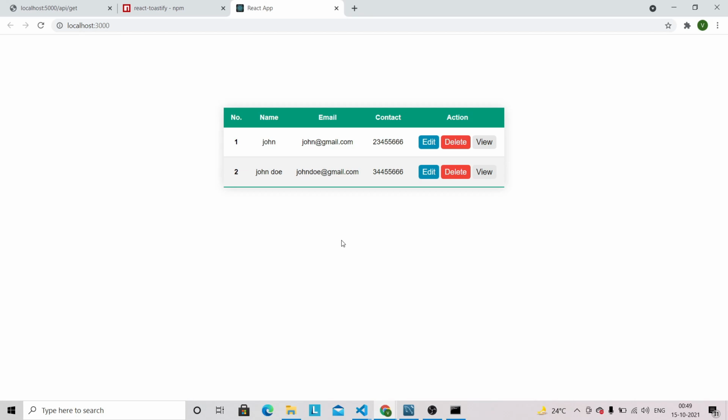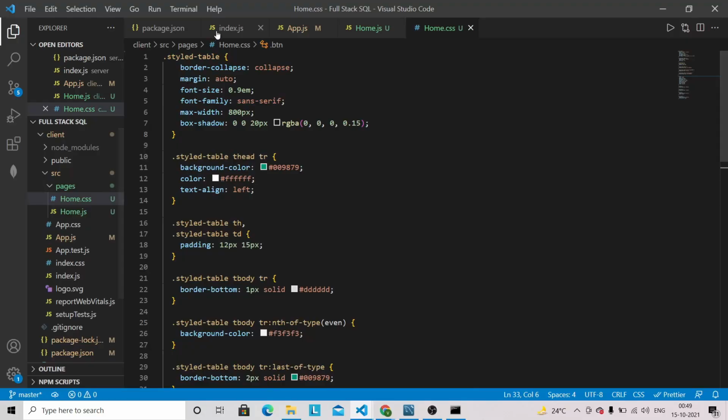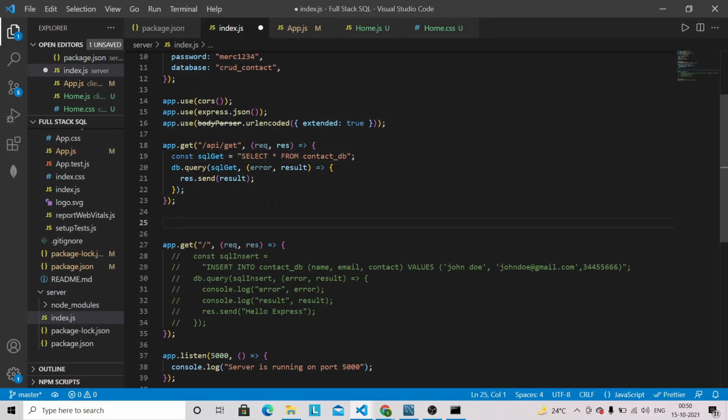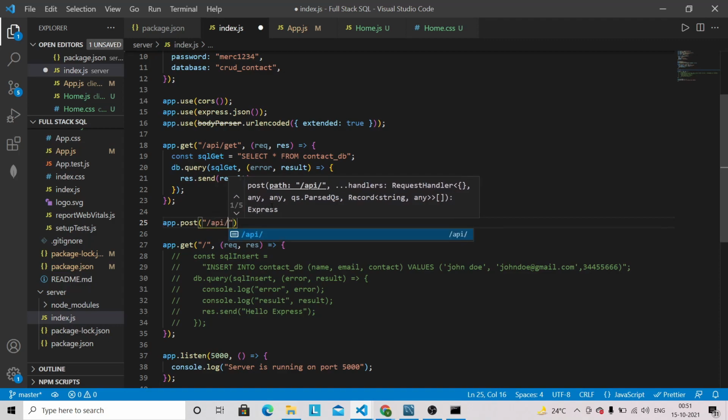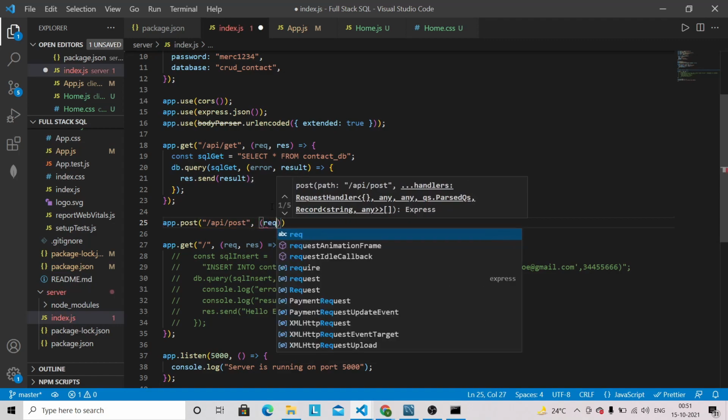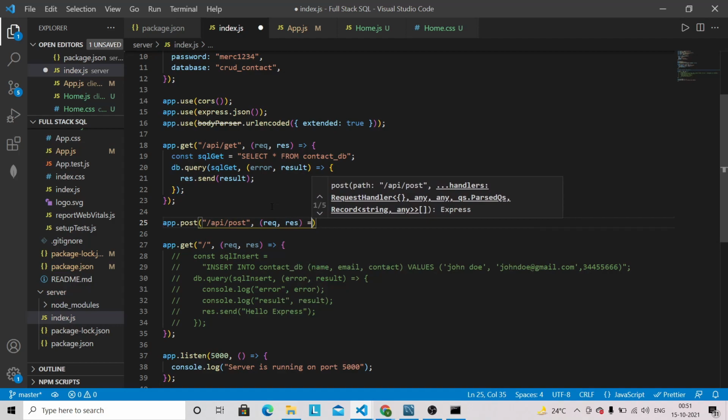So the next thing, we are going to perform the add operation so that the user can add the contact. So first we will be working on our API. So let's go into the Visual Studio Code and we need to go here, index.js file. So let's define that API here. So app.post, and here we have to specify the API. So API, and we can give here like post and request, response,